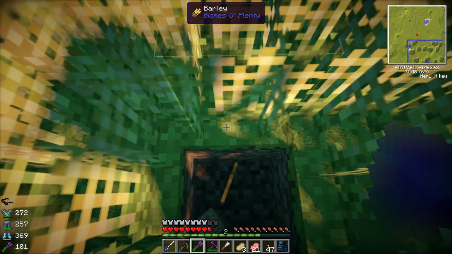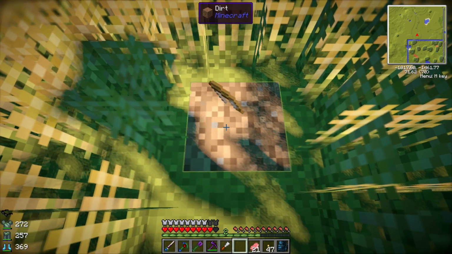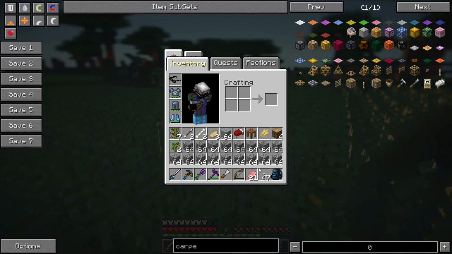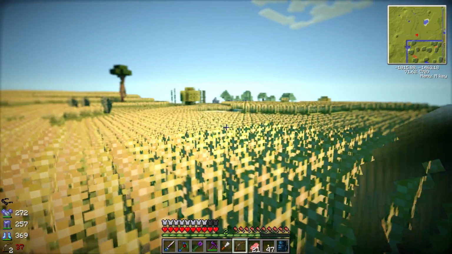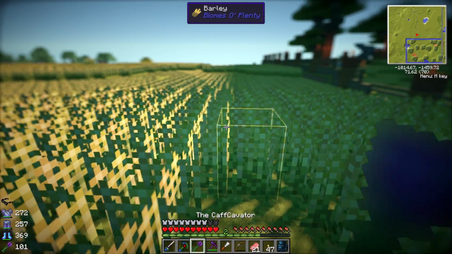We'll get rid of that bow because we're never going to use that. Get the dirt back. Put that there, put that there, put that there. Lovely. Mr. Treant, I apologise for taking down your tree, but I hope you realised it was for the good of all mankind. We've actually kept some of that bamboo on us, which is pretty cool. If I do this, does this...